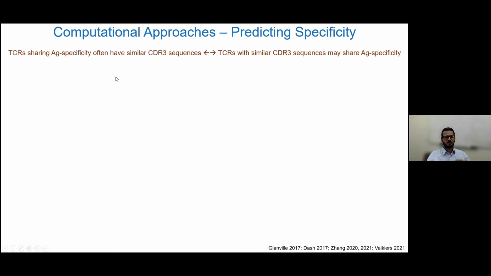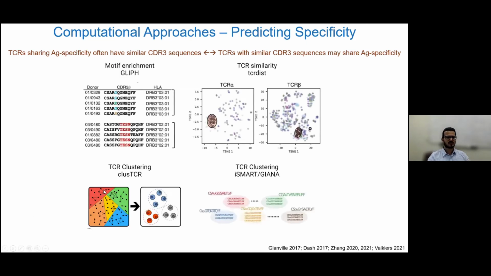So the paradigm here is that TCRs that share antigen specificity or recognize the same antigens often have similar sequences or similar CDR3 sequences. So a corollary of that would be that TCRs that have similar CDR3 sequences may share antigen specificity. And based on that, particularly two methods that I want to highlight are GLIPH and TCRdist, which were developed, in which